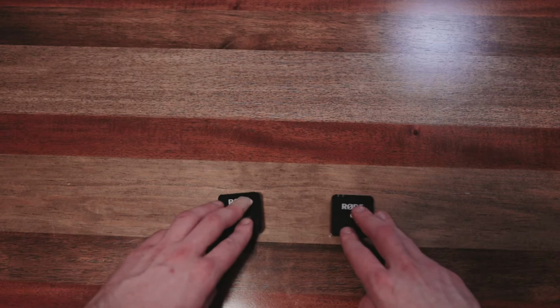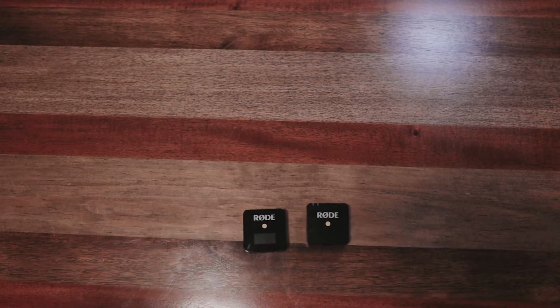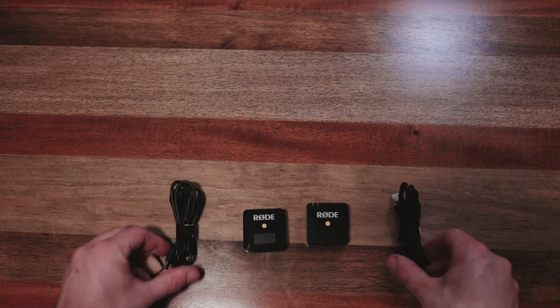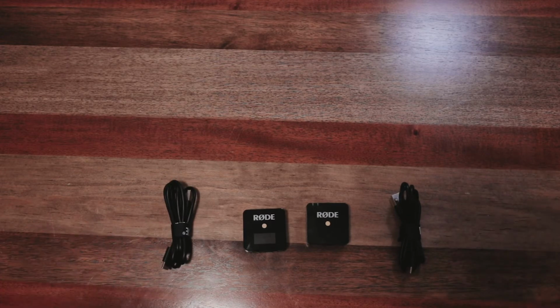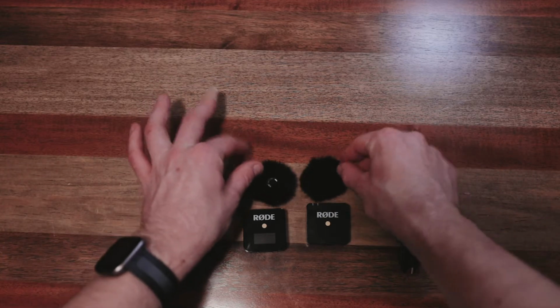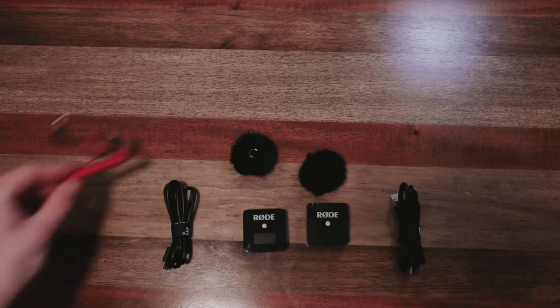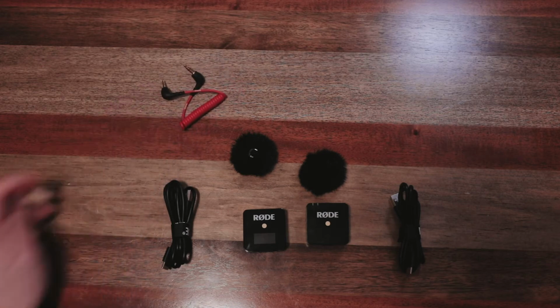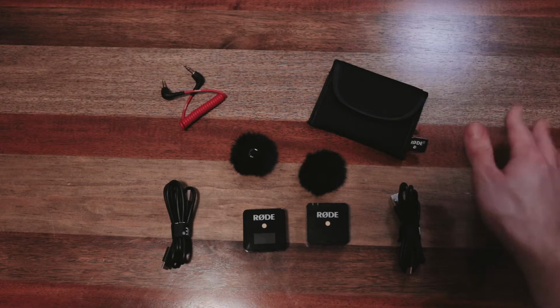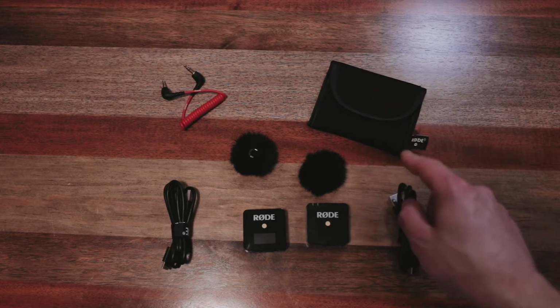So for starters, what do you get when you order the Rode Wireless Go system? You obviously get the transmitter and receiver. You get two USB to USB-C cables because that's how they charge. You get two little tiny wind muffs. And you get one TRS cable as well as one little carry pouch, which I'm able to fit basically